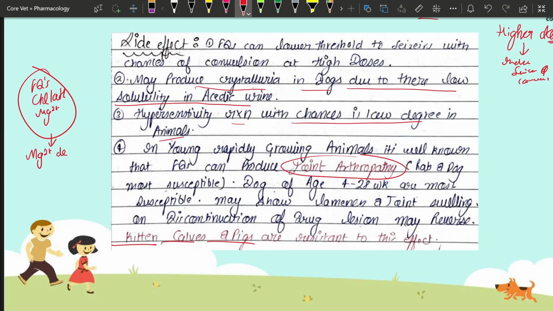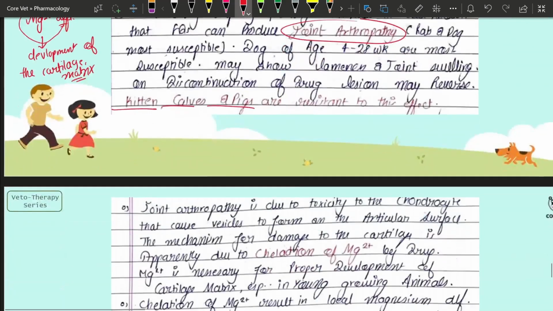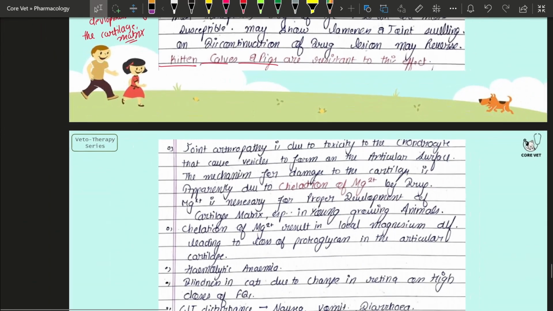Magnesium deficiency, right? But the magnesium is quite important for the development of the cartilage matrix, right? If there won't be any development of the cartilage,